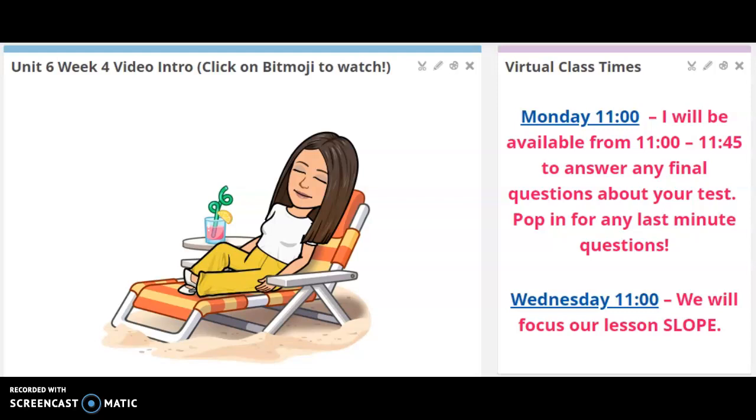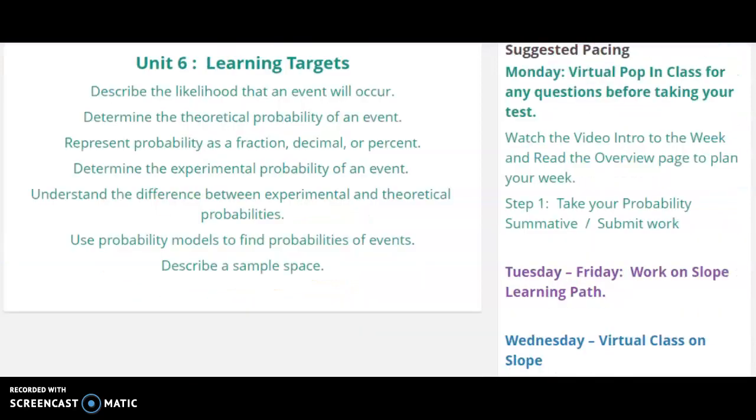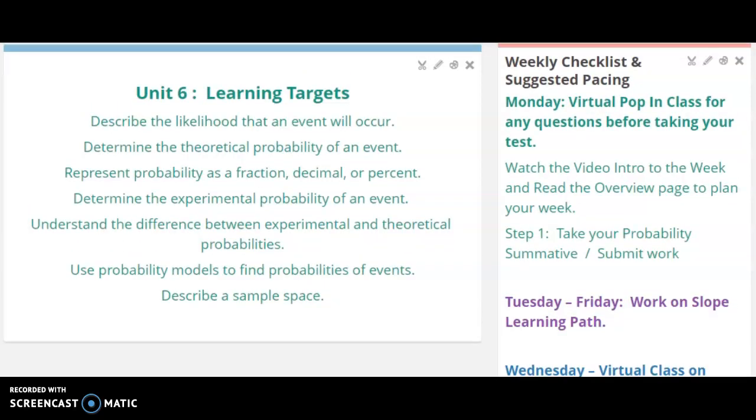On Wednesday at 11, I plan on focusing our lesson all on slope. So as you're finishing up those last steps in your slope learning path, we will focus on that in our Wednesday class. Your pacing for this week,